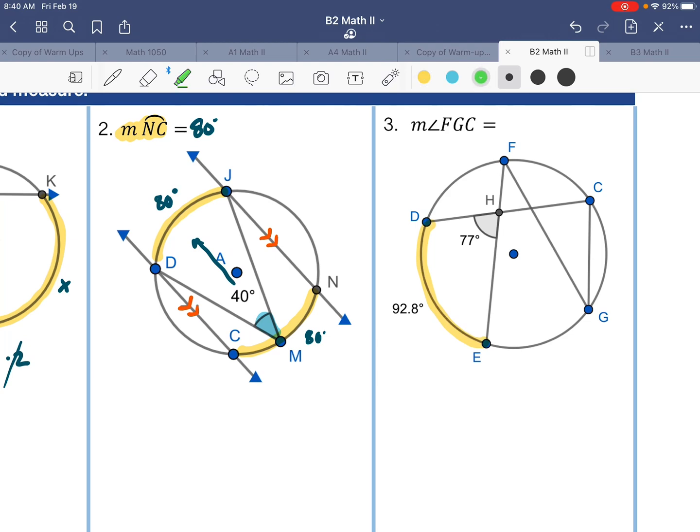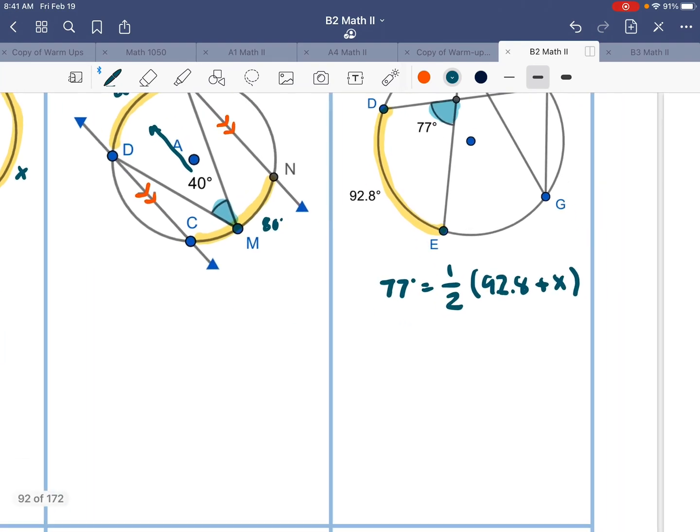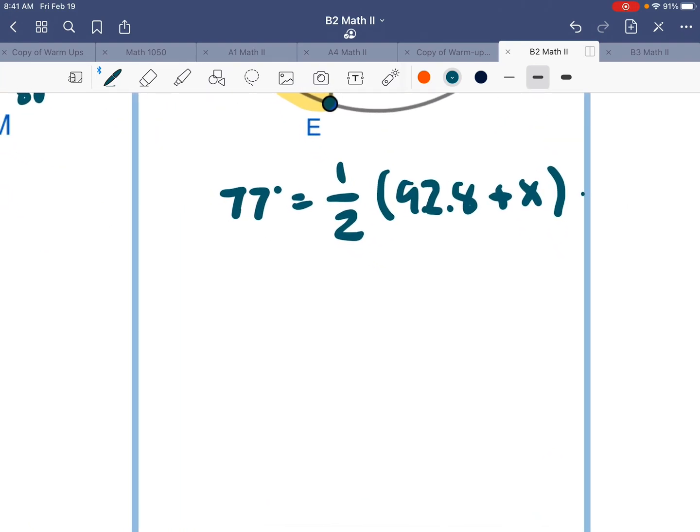So we're adding the two arcs, and we get this value here, and divide by 2, and then get that value. So I'm just sort of plugging stuff into my formula. 77 is the value we would get if we halved 92.8 plus, and I'm going to call this x because I don't know what it is yet, plus x. So now we just have a little bit of algebra to do. I'm going to multiply by 2 on both sides, so that goes away. And then I get